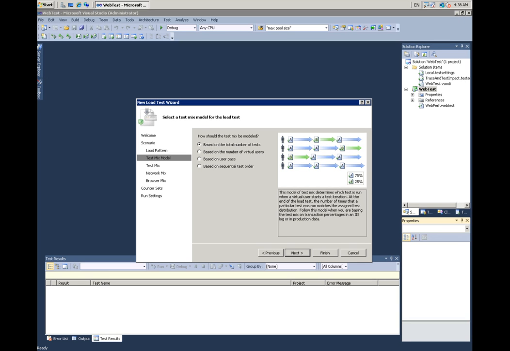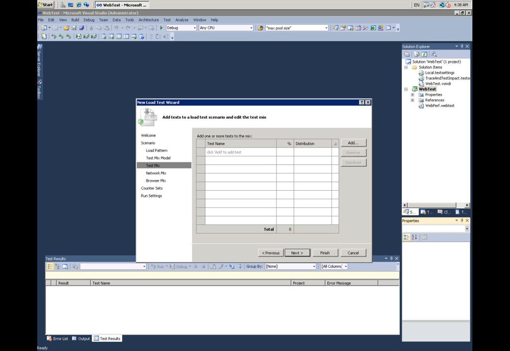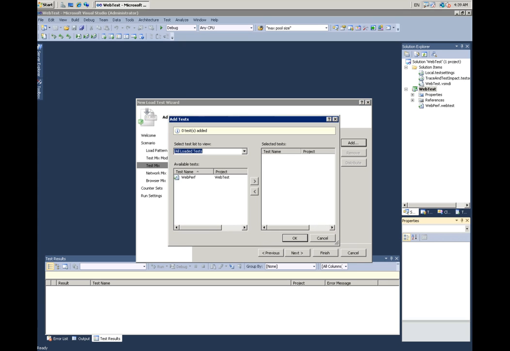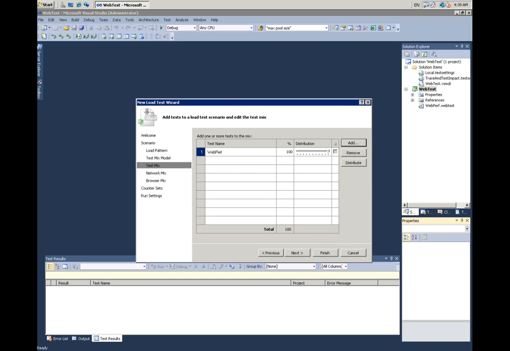I'm now prompted for my test mix model. I'm going to leave it as the based on total number of tests and click Next. Now we need to specify our test mix. As we only have one test, I will add it and set it at 100%. Moving on,